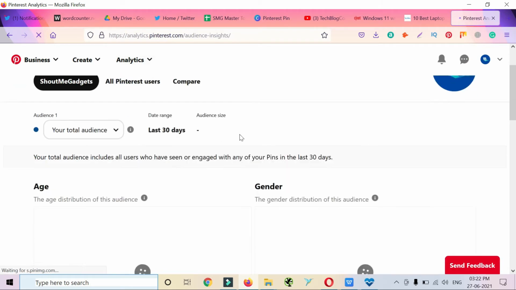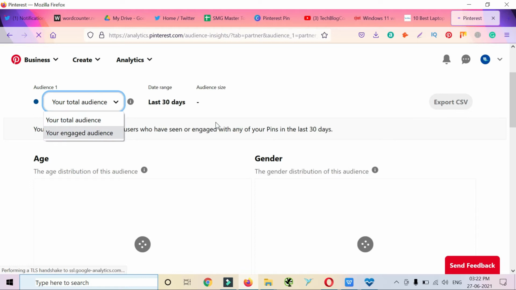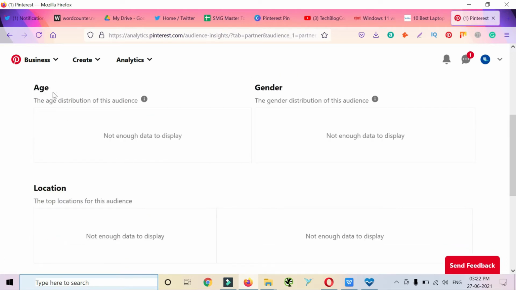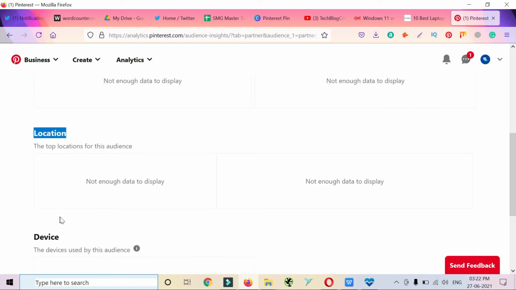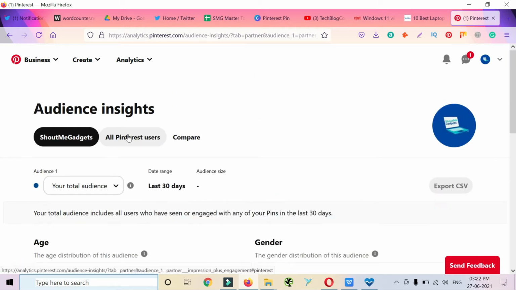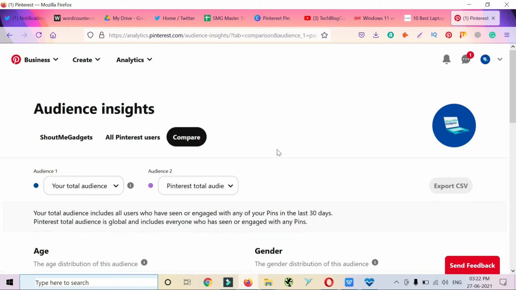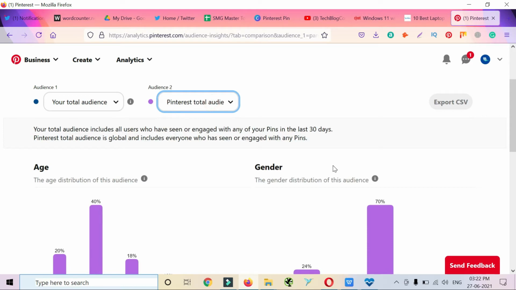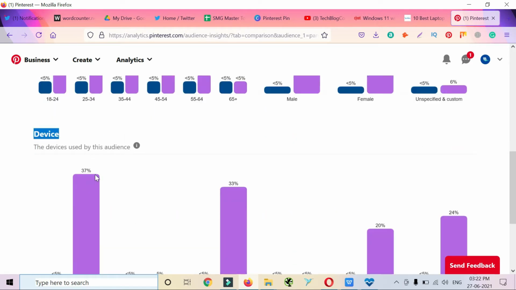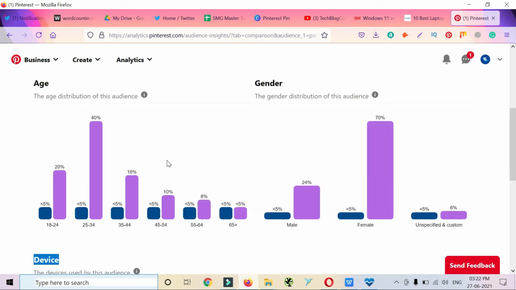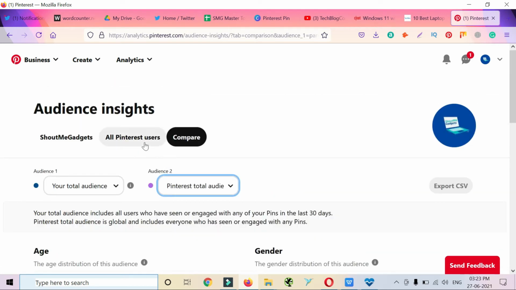In audience insights, you will see your engaged total audience, age and gender of your audience, so that you can create content accordingly, location of your audience, and the device they are using to explore Pinterest, so that you can create your pin accordingly. You can check the benchmark of your audience with the total audience on Pinterest. So it is going to help you a lot. They are very transparent about their data.